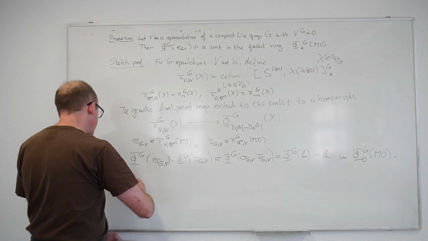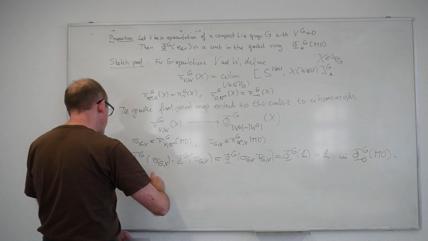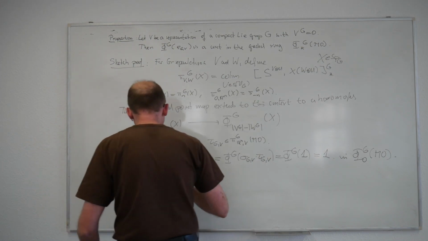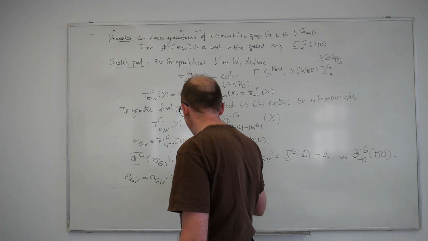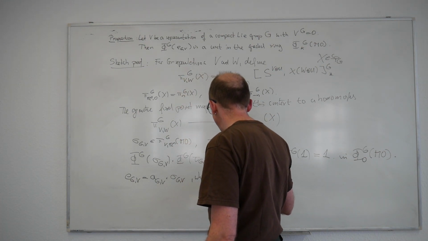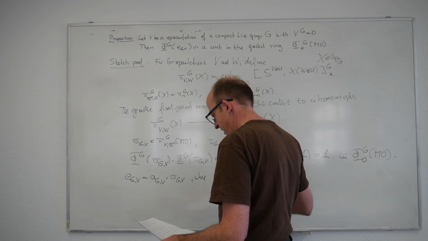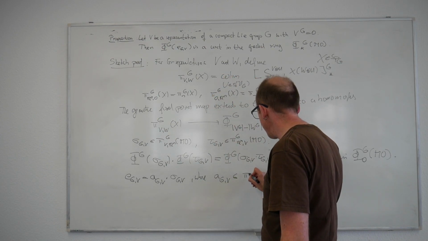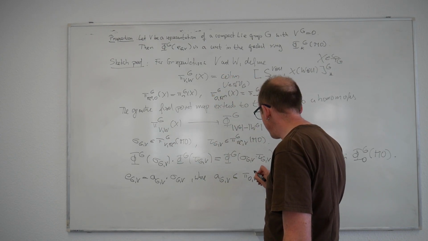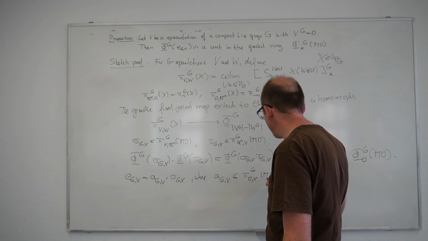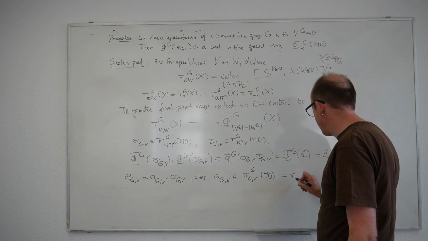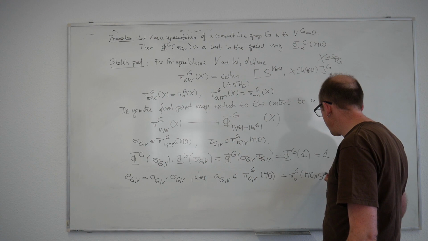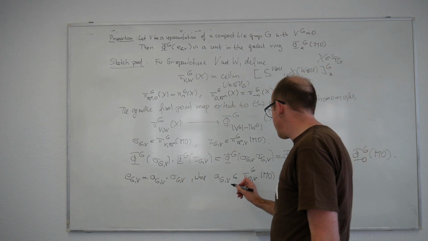So the Euler class G, V can now be written as a class that's often denoted by A, G, V times sigma G, V, where this A, G, V is a class that lies in pi 0, V equivariant G of MO, which is really the same as pi 0 G equivariant of MO smash SV, and this is represented by